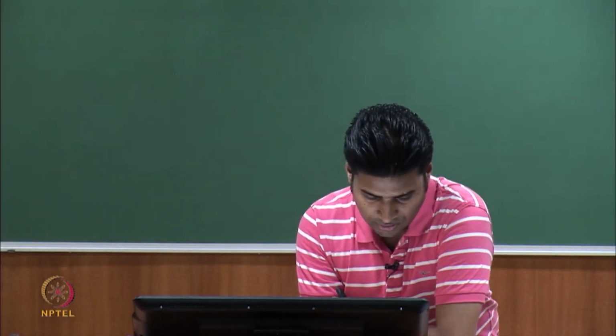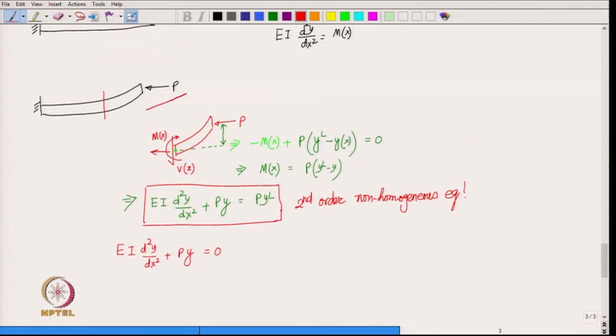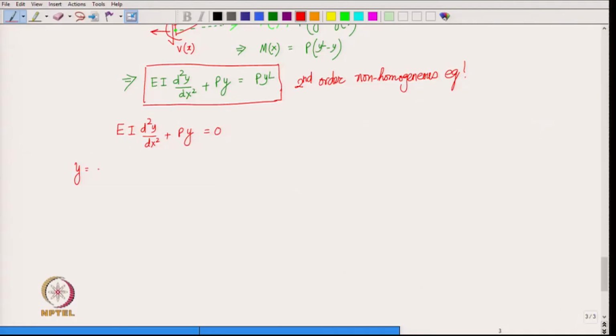So, the homogeneous part is E I d2y by dx2 plus P y equal to 0, and notice that this P here is positive. Look at this load here, it is acting towards the beam. So, it is already compressive. For a positive P it is compressive, for a negative P it will become tensile. So, we are going to substitute now y equal to e to the power lambda x in this equation, and so we get